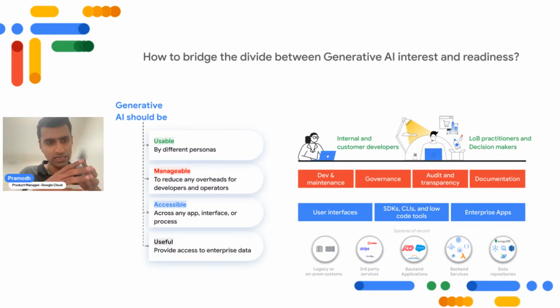Great. Now I need access to data, but the access to data cannot be in a silo. What I mean by that is I don't want to always go to ChatGPT or Bard to get answers. Rather, it has to be accessible. It has to be in the tool, in the app where I'm performing my daily job, right? It could be my ERP app, or it could be within my workspace, sheets, slides. I expect AI from that useful data to manifest itself in the app which I'm using. That's where the power of AI gets unlocked.